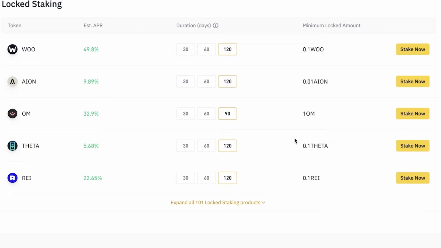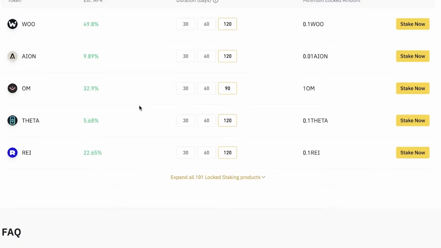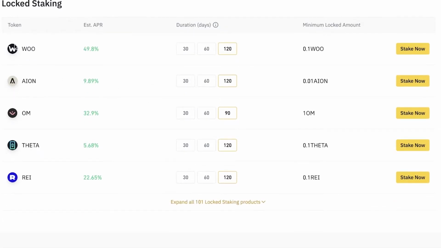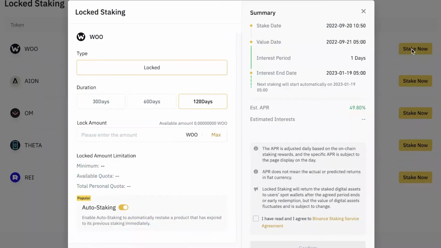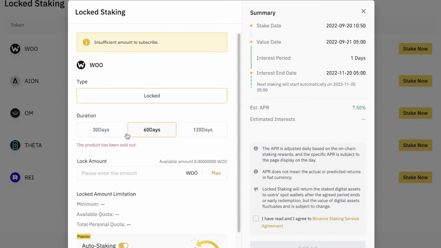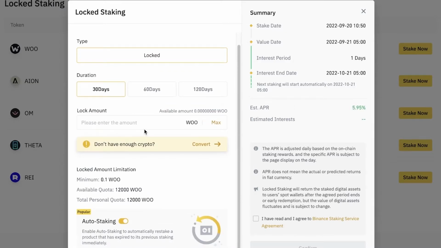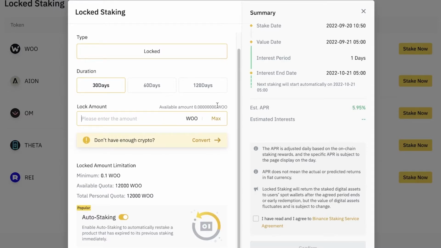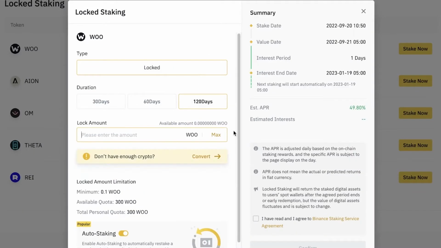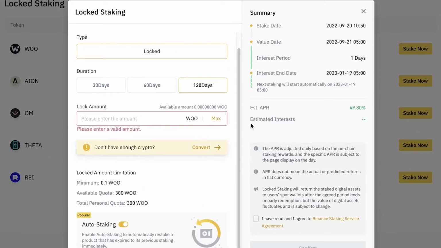Now, if you want to begin staking in the locked or DeFi staking, simply go into locked staking. You can search for a coin, or let's say we just want to stake the WOO coin. You can simply click on stake now over here, choose the amount of days you want to stake your crypto for. Then you're going to enter the minimum amount at least. So the minimum amount is something that will be shown over here. So it's 0.1 WOO, and you can just enter that,